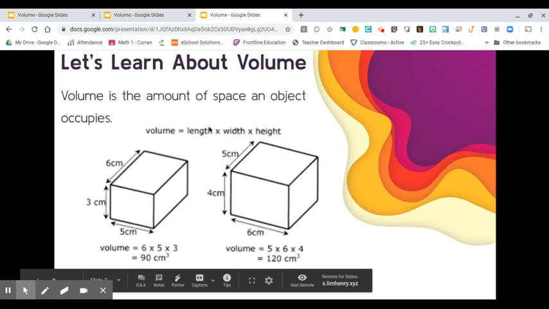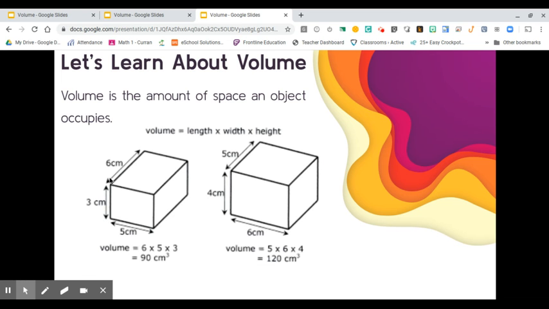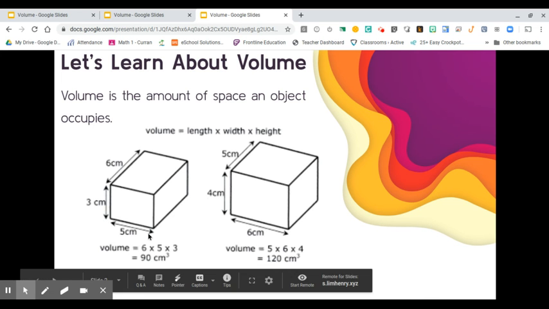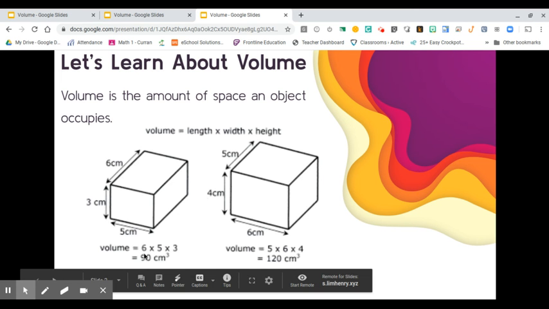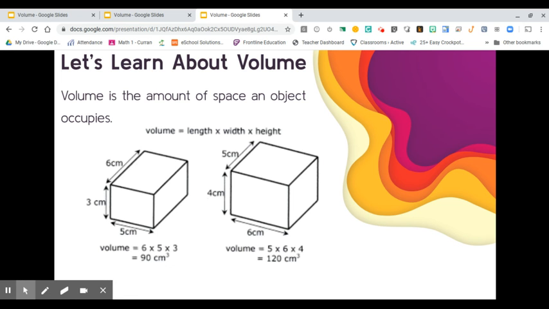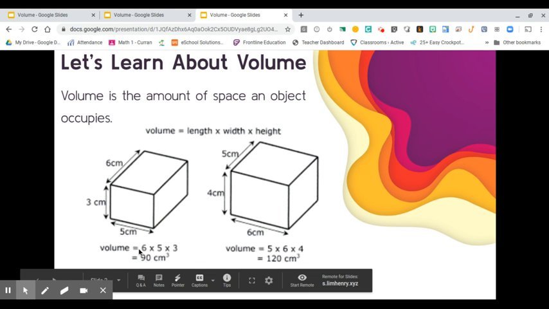So if you look at this first example here, the length would be 6 centimeters, the width would be 5 centimeters, and the height would be 3 centimeters. So in order to calculate the volume of this rectangular prism, we would have to multiply the three dimensions together. We would do 6 times 5 times 3 equals 90, and the label would be centimeters cubed. Notice it has a little 3 there. We read it as centimeters cubed or cubic centimeters, but that little 3 indicates to us that we multiplied three